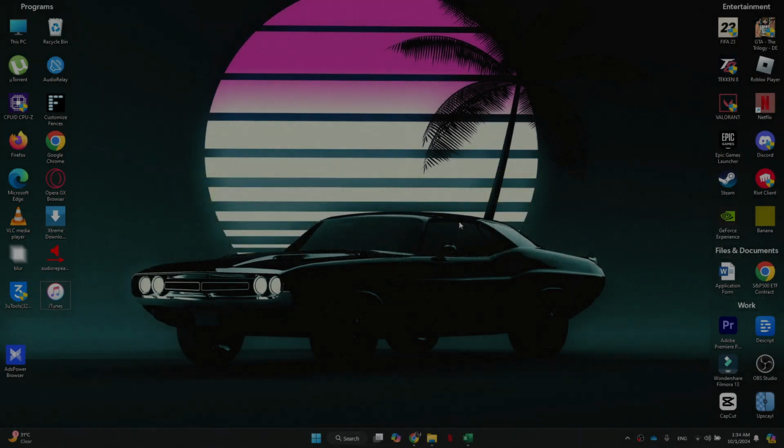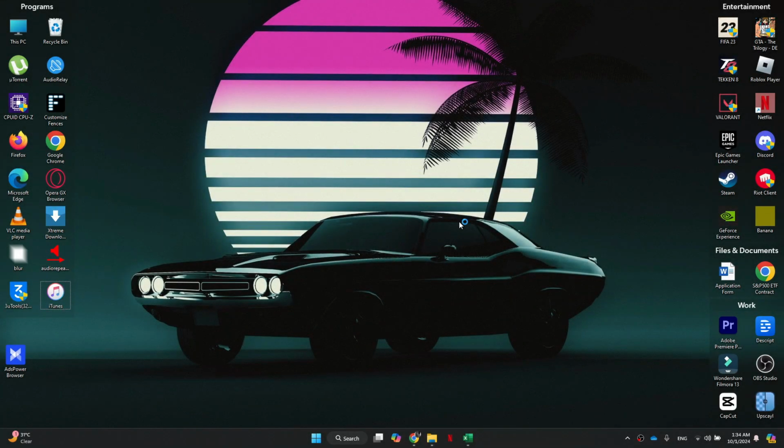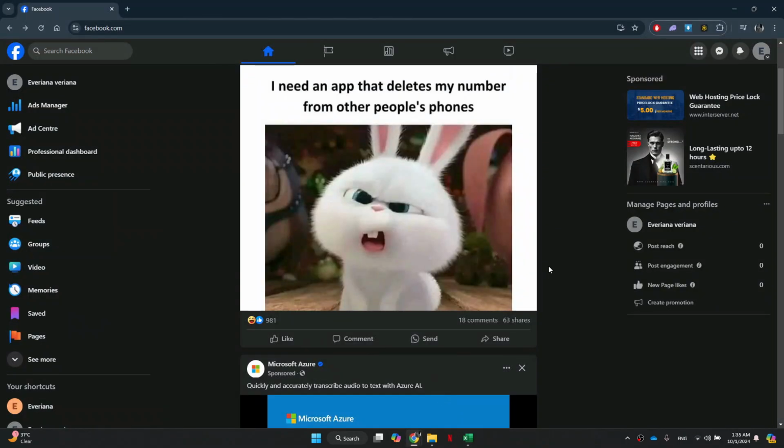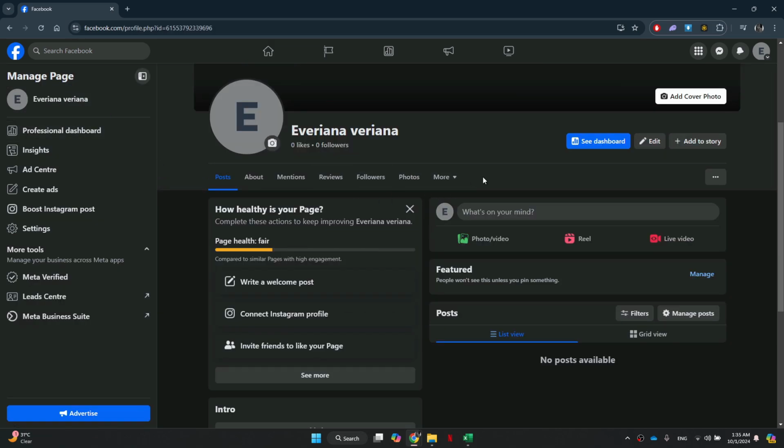Alright, let's begin. First of all, if you are already using the new Facebook page experience, here's how to add a location to it. First, you have to make sure you have switched into the Facebook page by clicking in the top right corner and selecting your Facebook page. So, this page name has to match the page name you see here. If you see a different page name, then click on See All Profiles and select the Facebook page you want